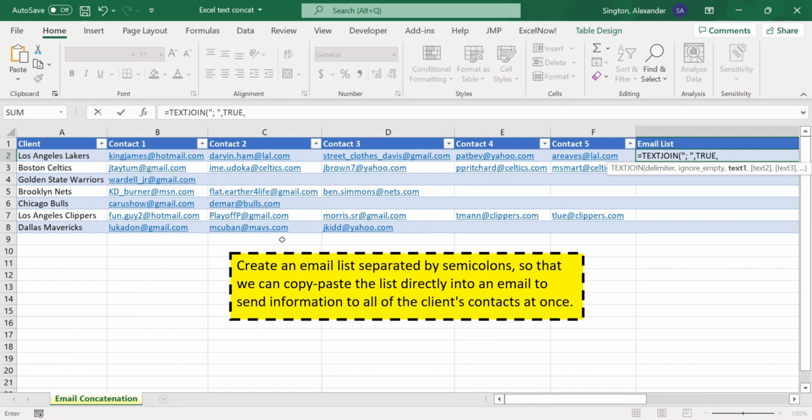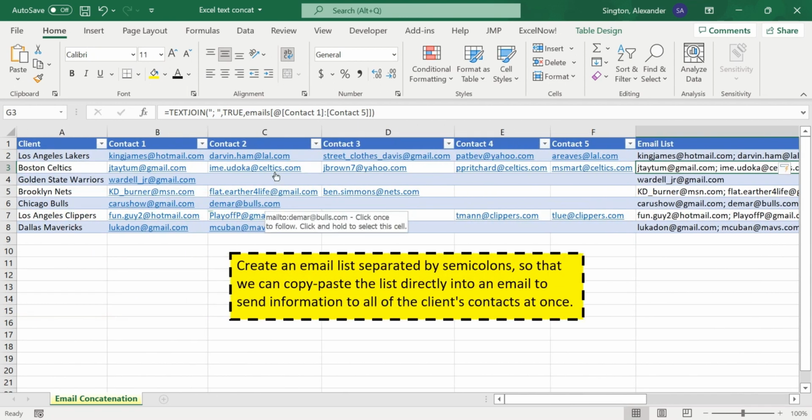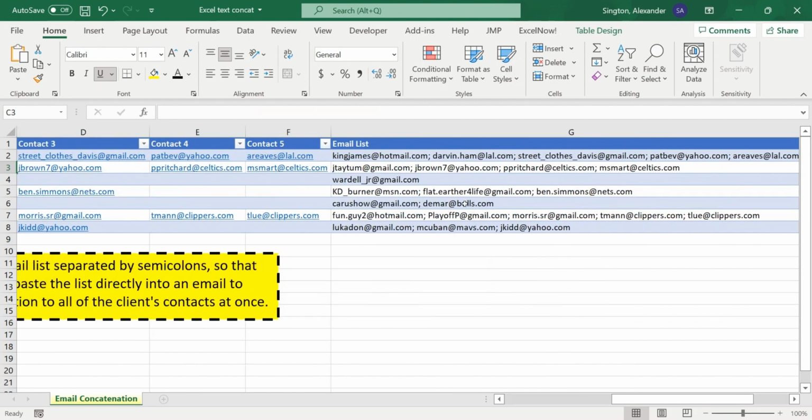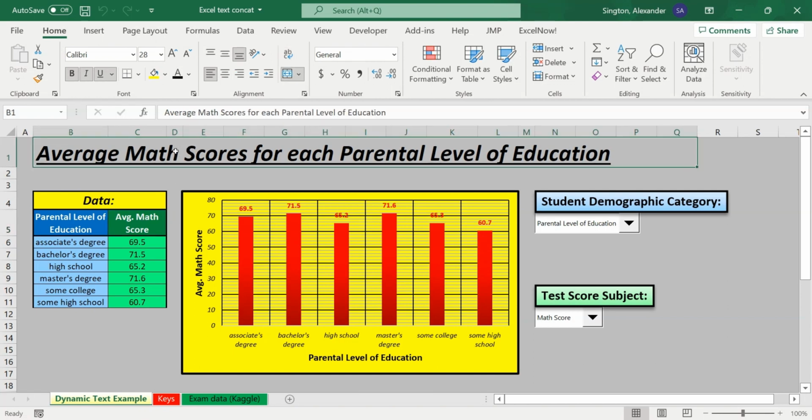And then the really nice thing about TEXTJOIN is we don't have to do all this manually and individually. So we can select all of the cells we want to join at once, close parentheses, and there's our output. And just in case our table changes, and let's say we lose one of our contacts, no problem for the TEXTJOIN function. And lastly, in this simple interactive dashboard I've built here, I want to make sure that the text in this column header as well as our title is dynamic rather than static. So it should change depending on what we select in our